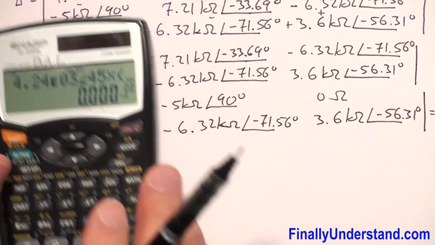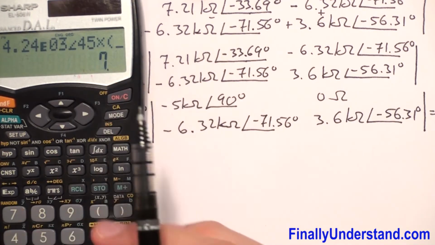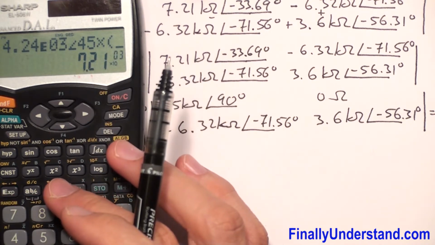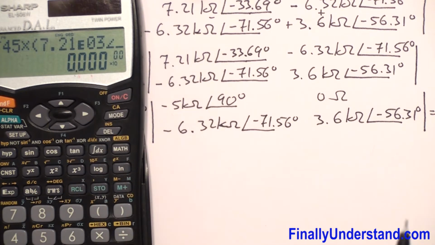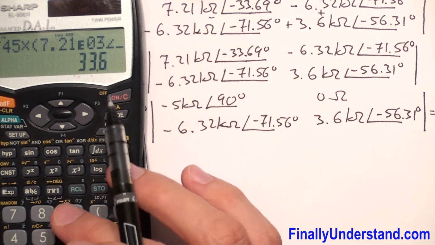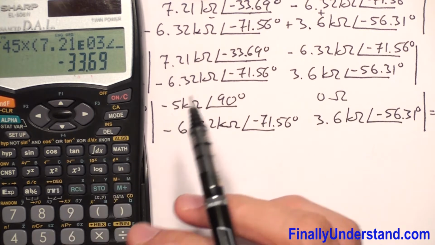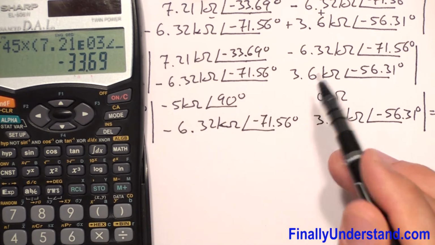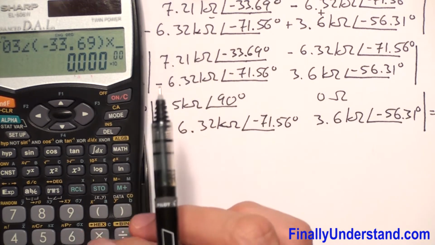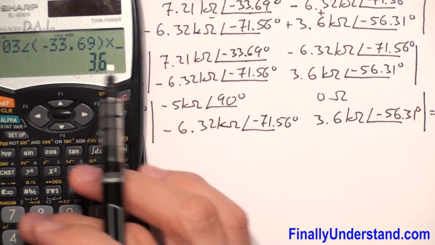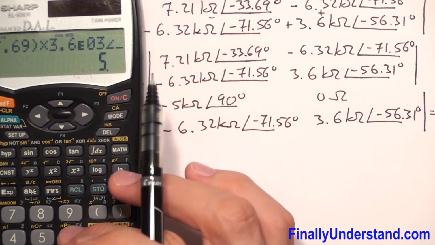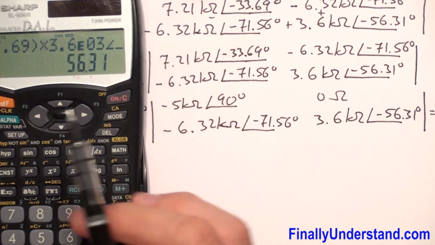So I have 7.21 exponent 3 angle of negative 33.69 times 3.6 exponent 3 and angle of negative 56.31